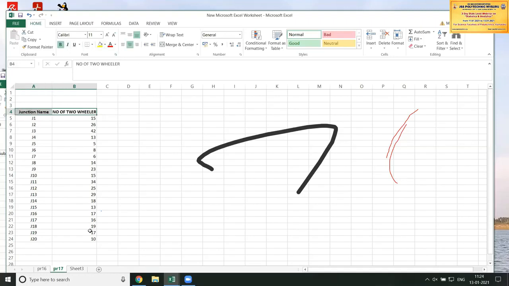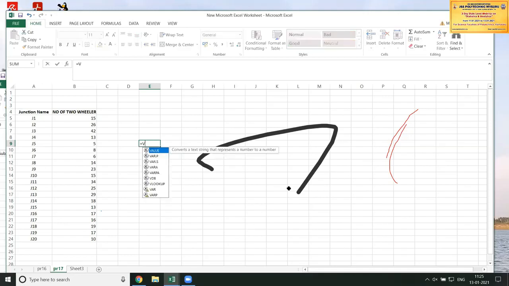For this, I have to calculate the variance. To determine the variance for this data, we have a built-in function. The built-in function is equal to VAR.P and VAR.S. VAR.P is for the complete data set and VAR.S is for a sample, a few sets of values.